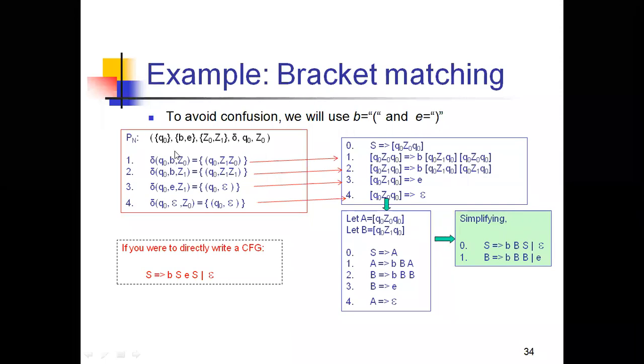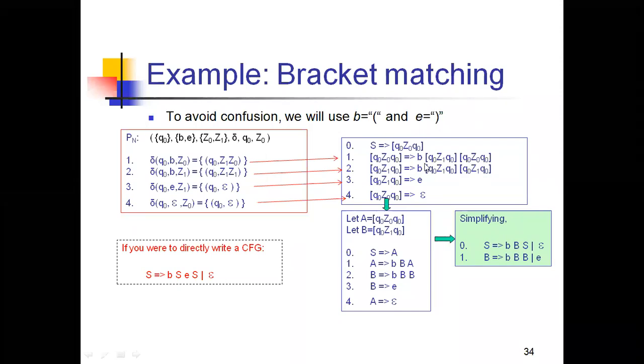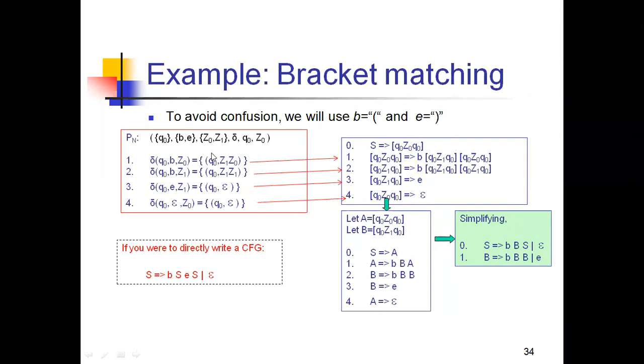You need to take Q naught Z naught and Q naught, right? Q naught, Z naught, and Q naught. And what outputs are you having? Z1 and Z naught, right? So at one time you need to take Z1, and at another time you need to take Z naught. So here we have an input like B. So B of Q naught, Z1, and Q naught. Like this one, Q naught, Z1, Q naught. And into Q naught, Z naught, Q naught, right?